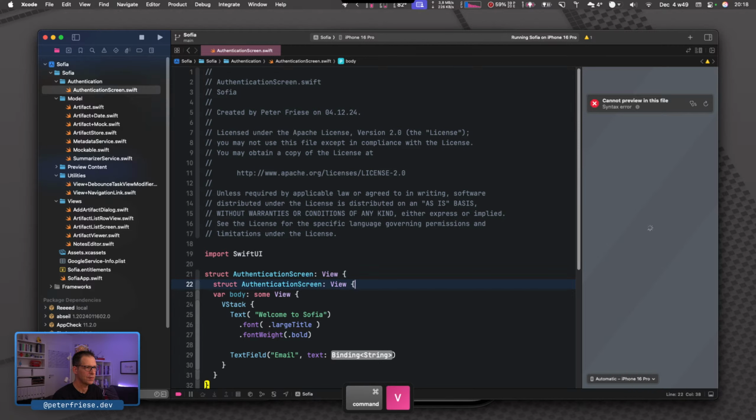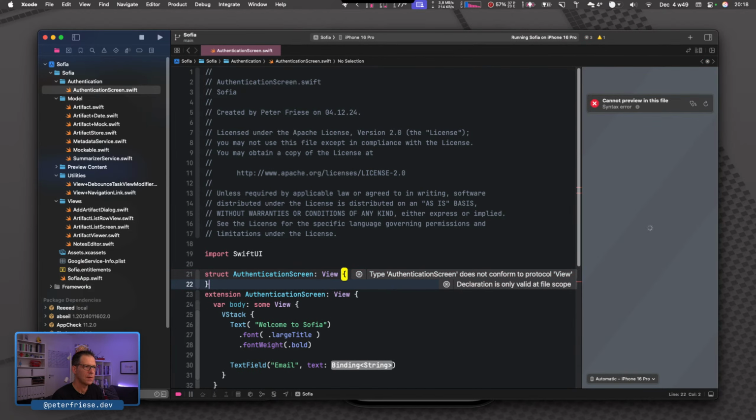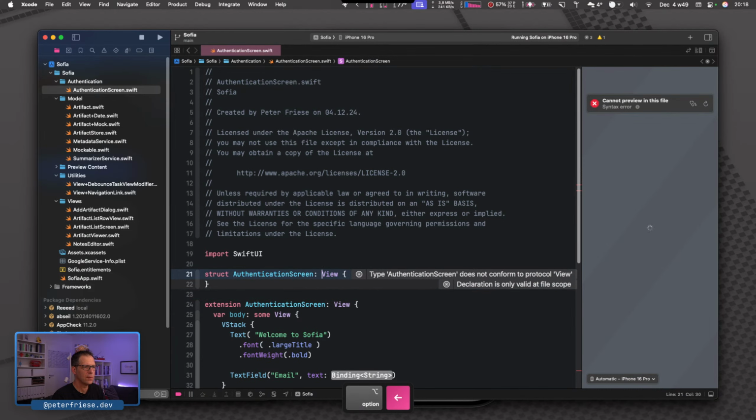So we're going to use the same technique as before. In the struct, we will keep our state, and on the extension, we will just have the body.